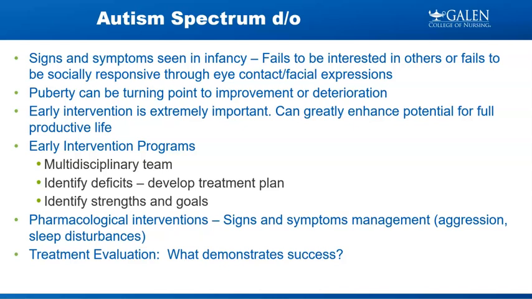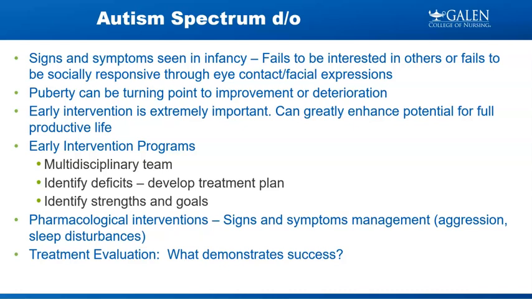That multidisciplinary team can be huge depending on the child. Who can we have? OT, speech, feeding therapy, psychologists, neurologists, family practice, psychiatry, therapists. So it could be a wide variety depending on what is specifically going on with that child. We do have to identify the areas where they are struggling and form a plan for how we can work, but we also have to look at those strengths. What is this child good at, and maybe feed to their strengths, because if we only focus on the negative, that kid will never get there.